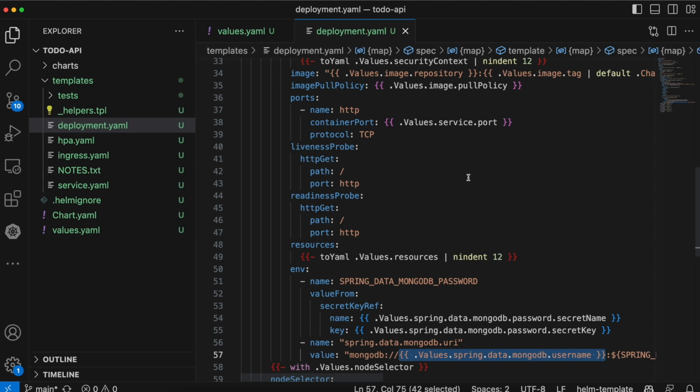Values.spring.data.mongodb.username. So this way we can pass any value using the values.yaml file to any template file in the templates directory. And this syntax is Go template engine syntax. Helm uses Go template engine syntax for templating. I will cover the most important syntax here to get you started on Helm, but you can go through the documentation for more references. This templating syntax allows us to dynamically generate Kubernetes resources based on the values we provide